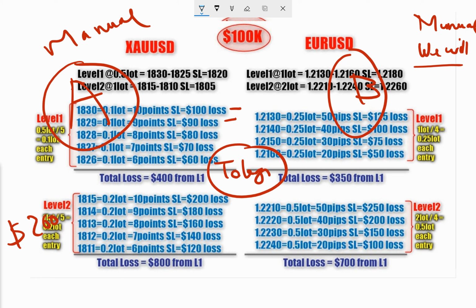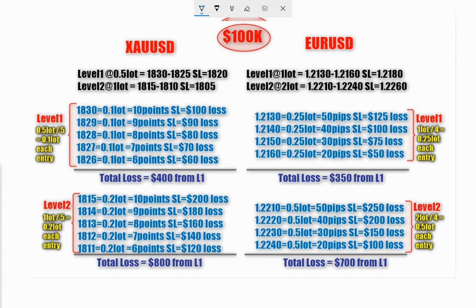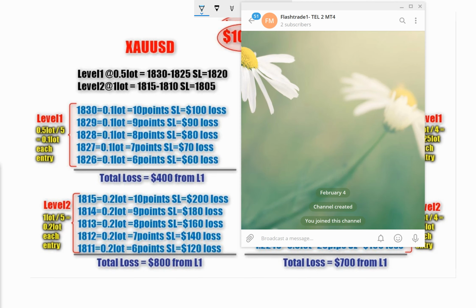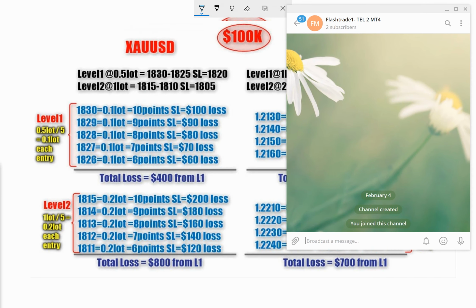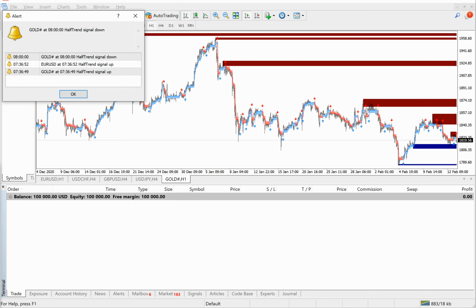Now this is how the entire setup will work on MT4 to Telegram. Now we are going to place the trade live on the Telegram channel. So this is the Telegram channel. As of now, this is just a Telegram channel. The main Telegram channel is different. Here I have taken the testing Telegram channel where I will place the trade, and this is the MT4 account